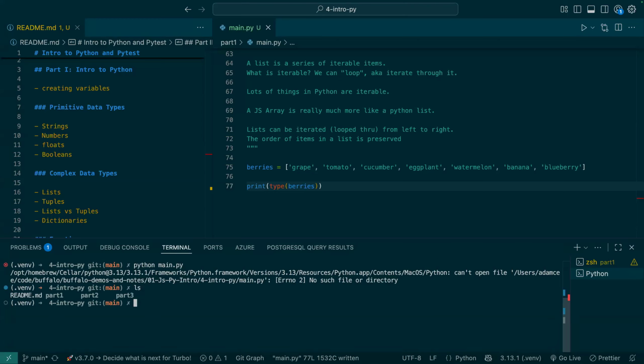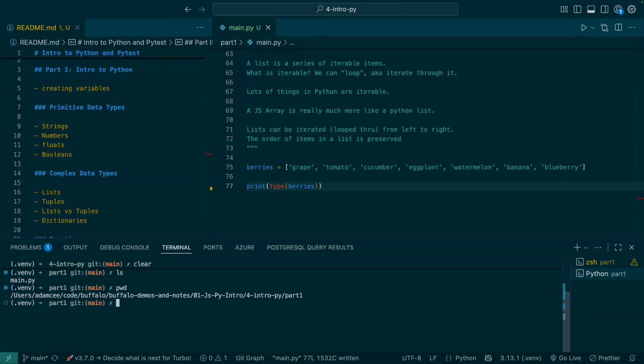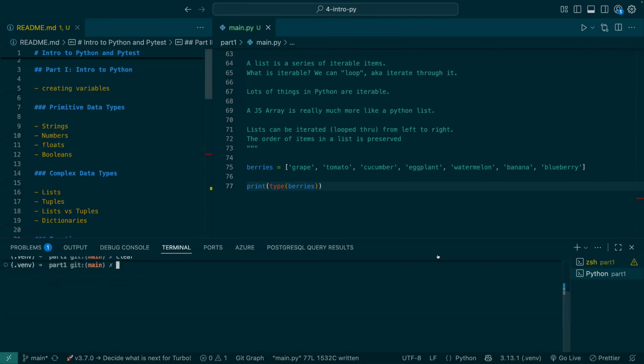And let's see here. I moved into the wrong directory by mistake. So the file I'm running, main.py, is here in this part1 directory. And at some point I shifted out of there in the command line. That's what that error was. And just to demonstrate really quick, as long as we're talking about the command line,